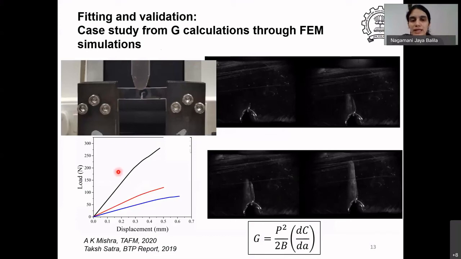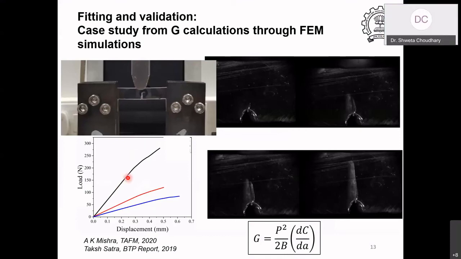I'm asking which one has a higher slope and which one has a lower slope. A higher slope is equal to higher stiffness, and a lower slope is equal to lower stiffness. Black line, higher slope; blue line, lower slope. Yes. So that's very clear, right? So the black line has a higher stiffness.